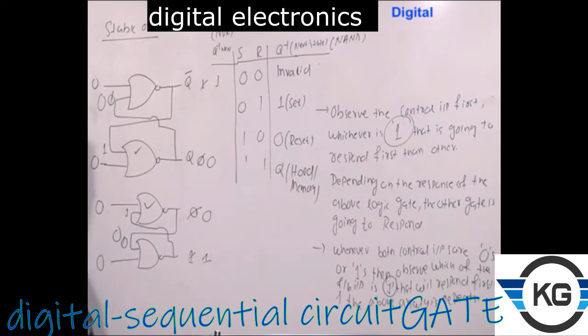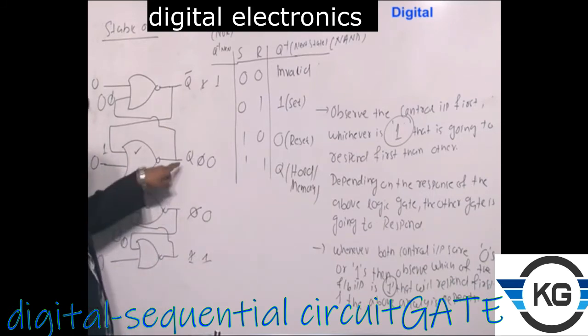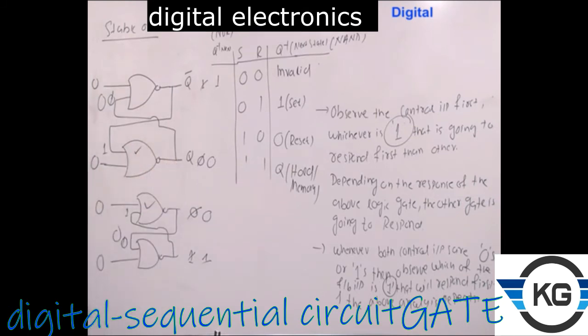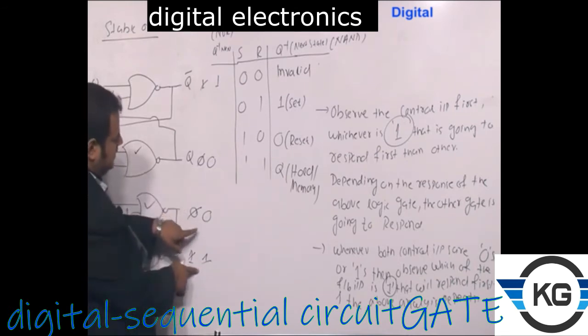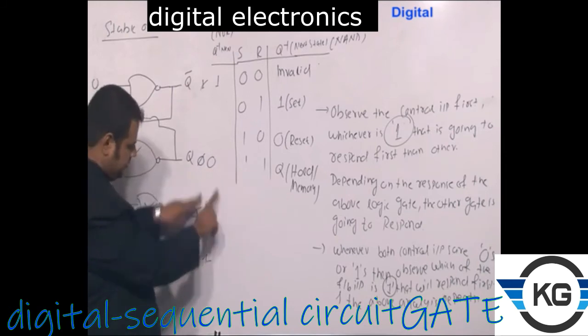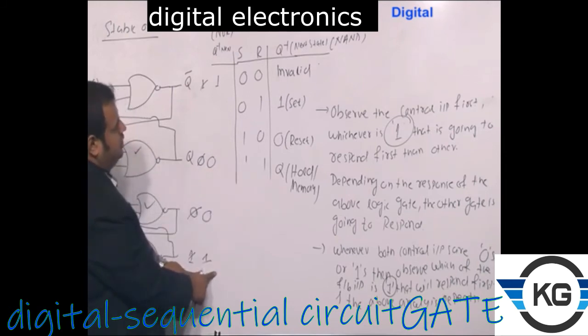But please note that in the table, Q means this bottom terminal. I am denoting this by Q. So now you see, what is the observation? When both of the inputs are 0, 0, your SR NOR latch is going to maintain the previous state. If you have assumed 0, you see that again it is maintaining 0 only. If I have assumed 1, it is again maintaining 1 only, right?